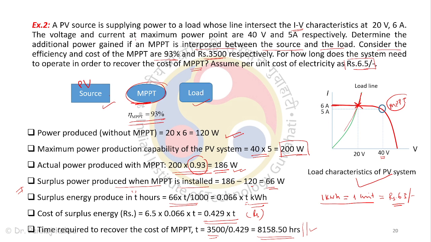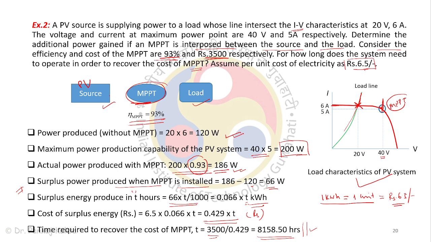The voltage and current at the maximum power point. So the maximum power point is this point, right? The voltage and current corresponding to this point is also given. Determine the additional power gain if the MPPT is interposed between the source and the load. Consider the efficiency and cost of MPPT are 93% and this much rupees. For how long does the system need to operate in order to recover the cost of the MPPT? Assume per unit cost of electricity to be